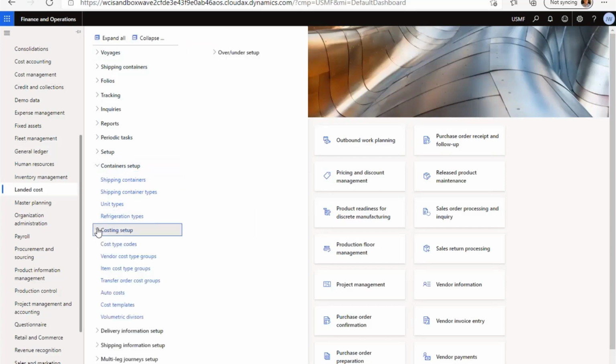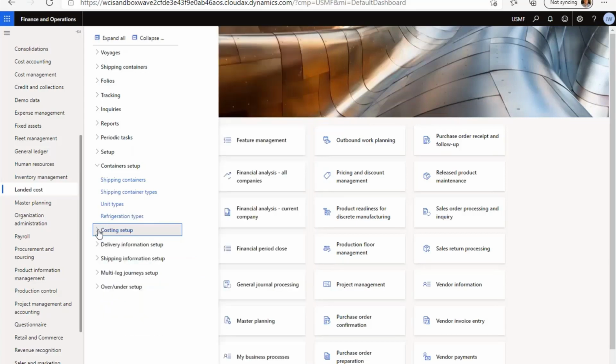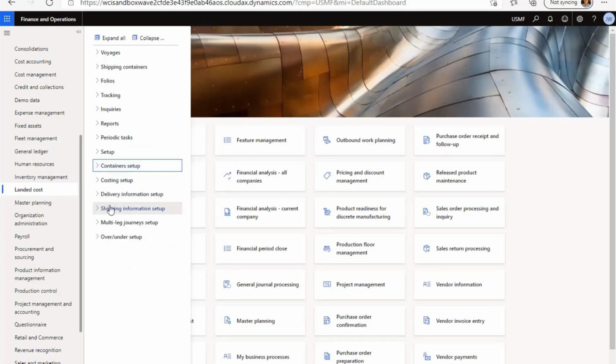What are some of the costing rules and cost templates that I want to be able to use and set up? There's multiple ways that you can do that, and this is where those rules would be set up. So super important to be able to define our containers, our costing, and then as important would be things like